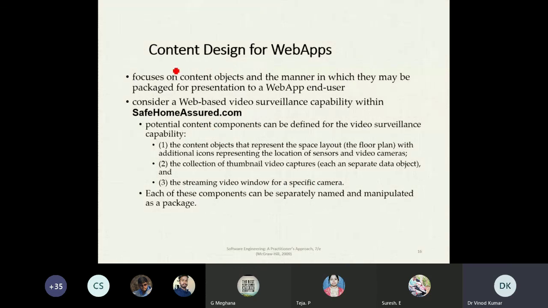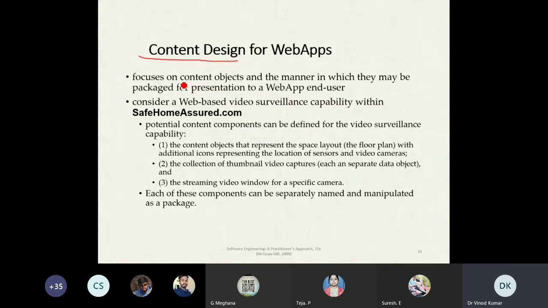So content design for web apps. Content means whatever you are writing, any information about some topic, that will encompass. So it focuses on content objects and the manner in which they may be packaged for presentation to a web app and users.